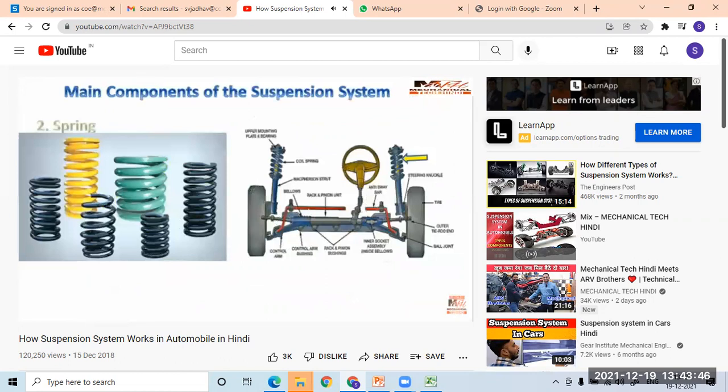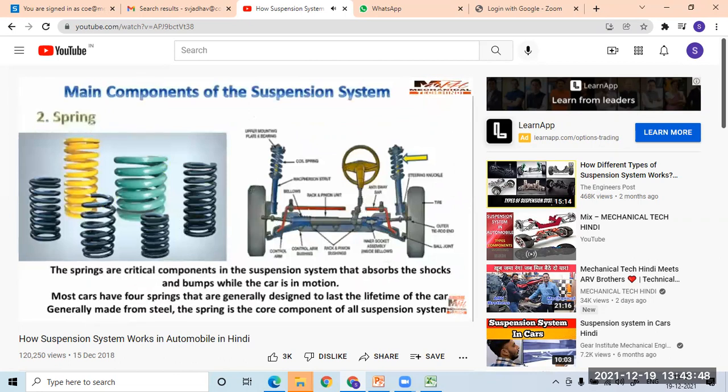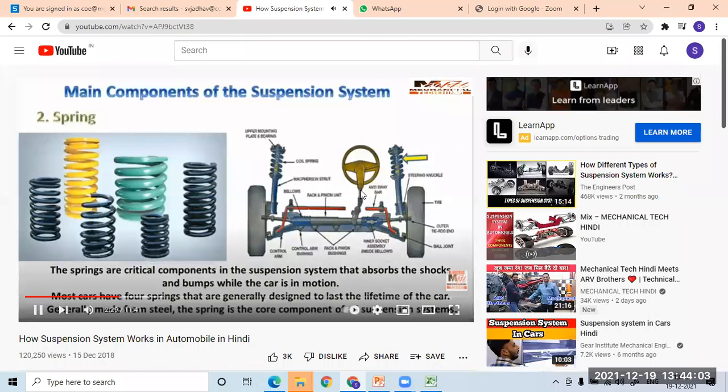नेक्स्ट कंपोनेंट है स्प्रिंग। So we are using different types of springs, कंपोनेंट होता है जब कार which takes the shock. एंड बम्प्स को एब्जॉर्ब कर लेता है। अब ज्यादातर कार में 4 स्प्रिंग्स का यूज किया जाता है, जो इसे डिजाइन किया जाता है इस तरह से ताकि वो कार के लाइफ टाइम तक यूज किया जा सके। अब